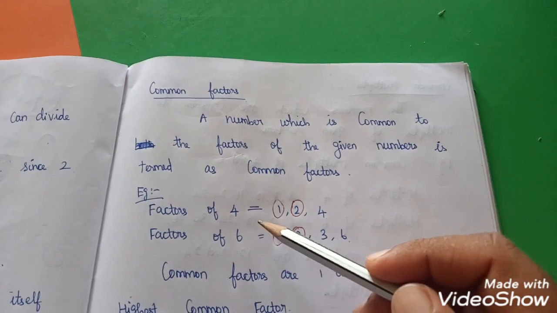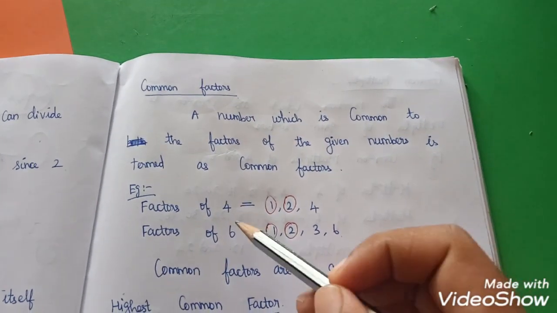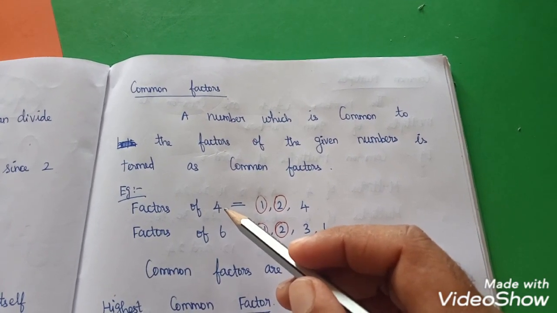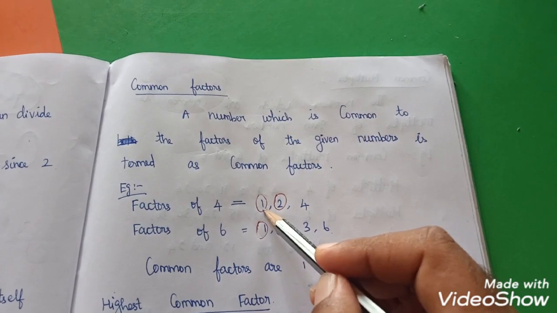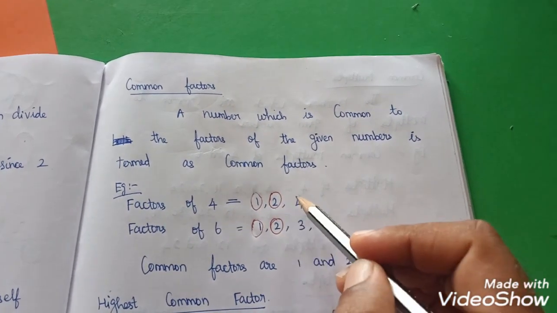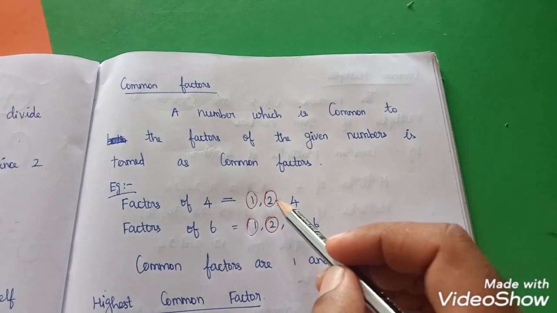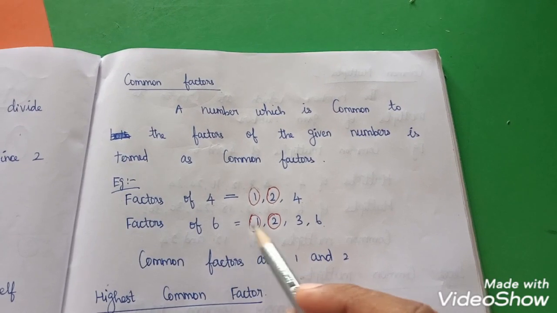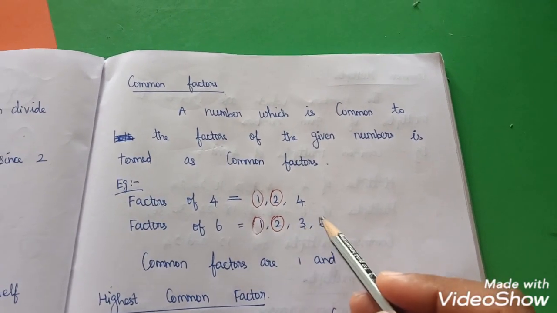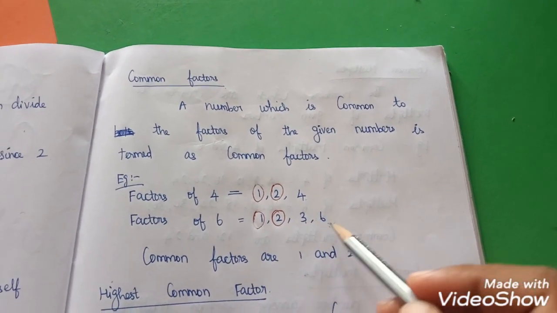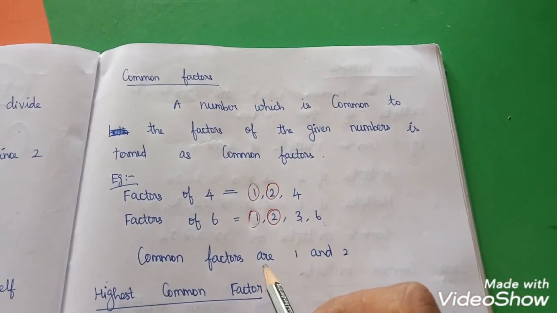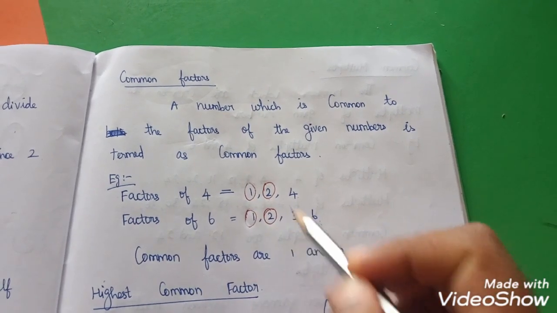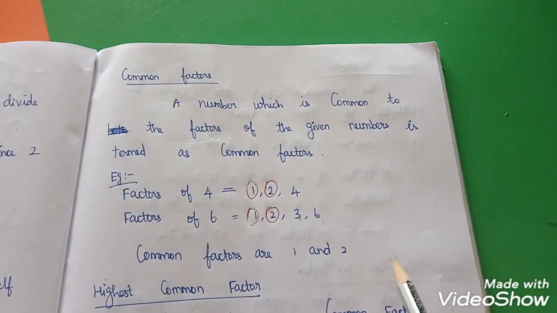Already you know how to find factors. So factors of 4 means, what are the numbers which can divide the number 4? So 1 is the smallest number. Then you have to check with 2. Yes. 3, it cannot divide 4, so we cannot choose that. So 4. So 1, 2 and 4 are the factors of 4. What are the factors of 6? 1, 2, 3, 4 won't divide, 5 won't divide, and 6. Okay. So now we want to find the common factors. Which numbers are common to the factors of 4 and the factors of 6? 1 and 2. These are known as common factors.